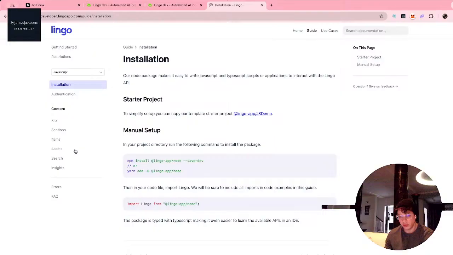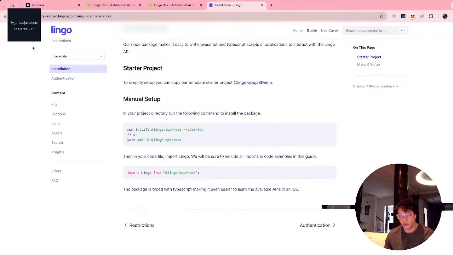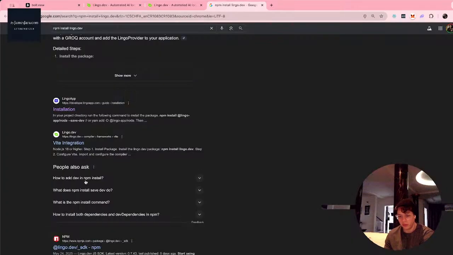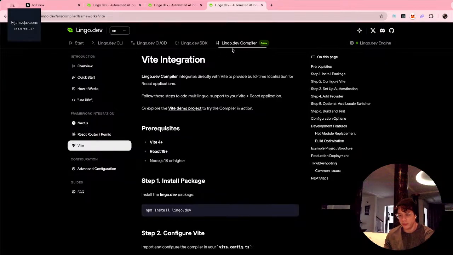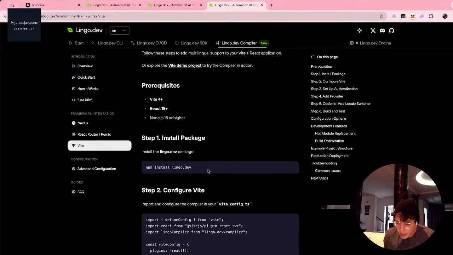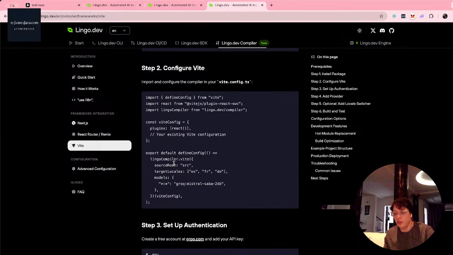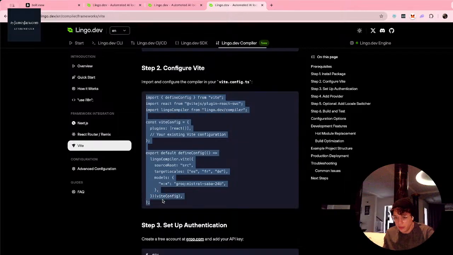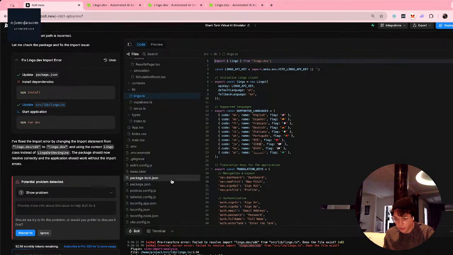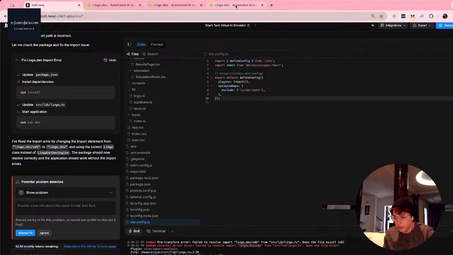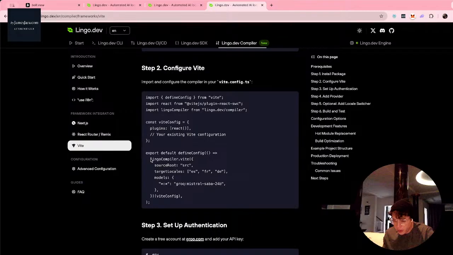Lingo app. No, we are not using Node. Yes, this must be the same thing. Yeah, this one. This is the one that we really need. Oh, okay. This is the one that we need. Yeah, exactly. Okay. We already did that. So we need to import this into our configuration file right here. This property is